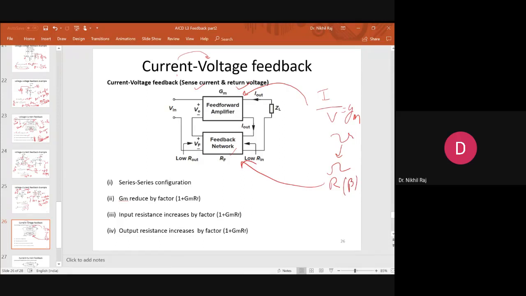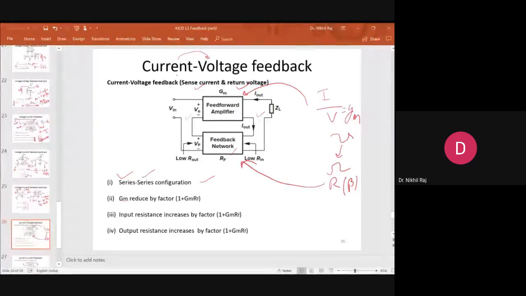Now once I decided what type of feedforward is there, what type of feedback is there, now to decide what type of connection, we have to sense current. So sensing current means I have to add in the output, because current will flow only in a loop. If we do a parallel connection, then we cannot, because a current division will take place. I have to extract the current from the output. A series connection is there, so it will take the current and then it will generate a voltage. So when a voltage is generated, again a series connection is there. So this is a series-series configuration.